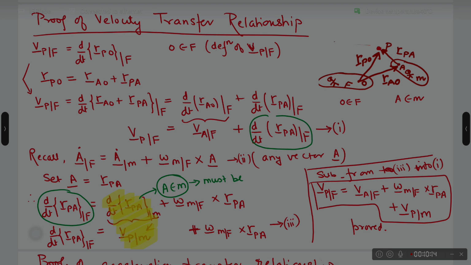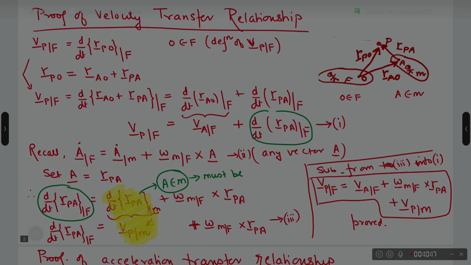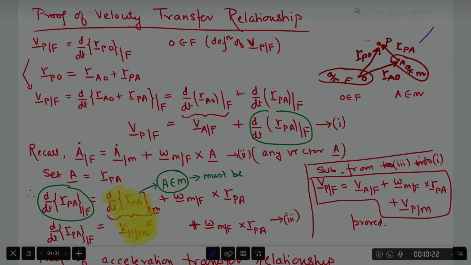We will refer to this diagram on the right hand side of the slide. It is essentially the same diagram that I had earlier, even though the orientation of the two frames looks somewhat different. Conceptually, the context is the same. I have a frame F, another frame M. A is a point that is fixed to M,